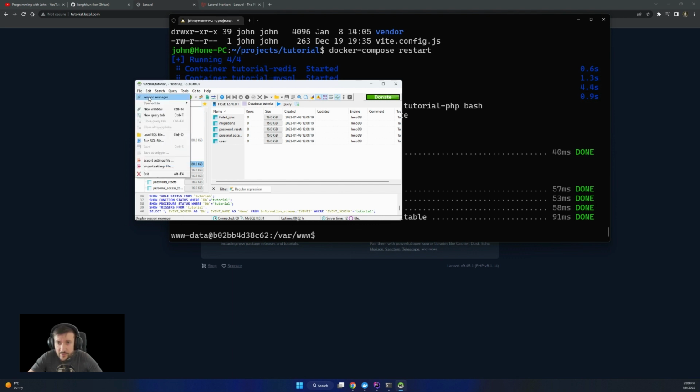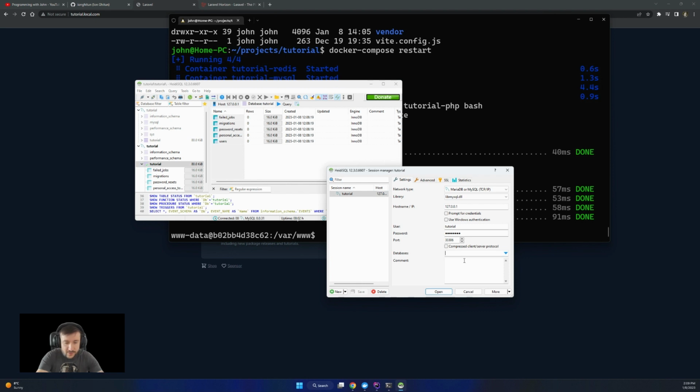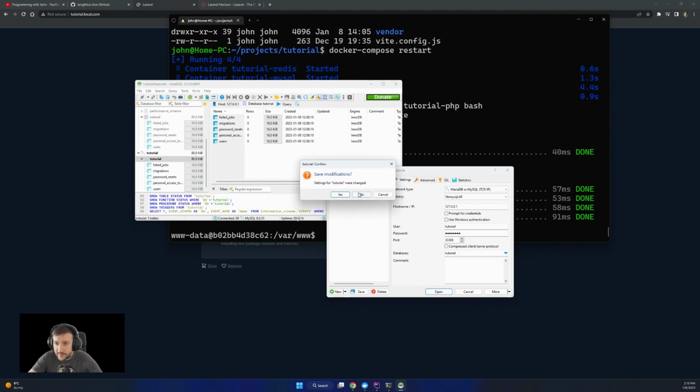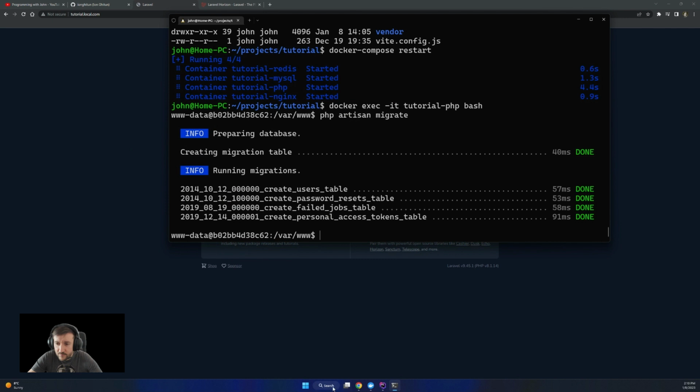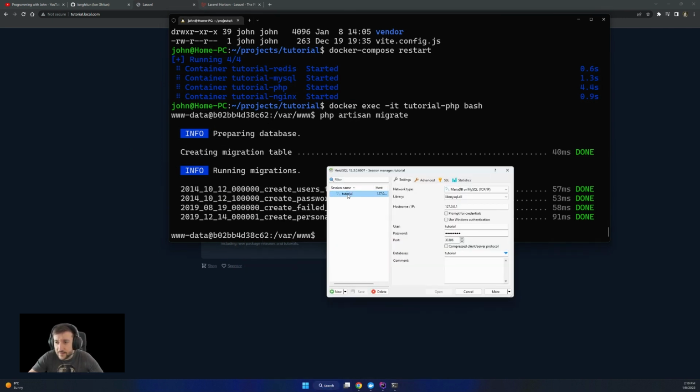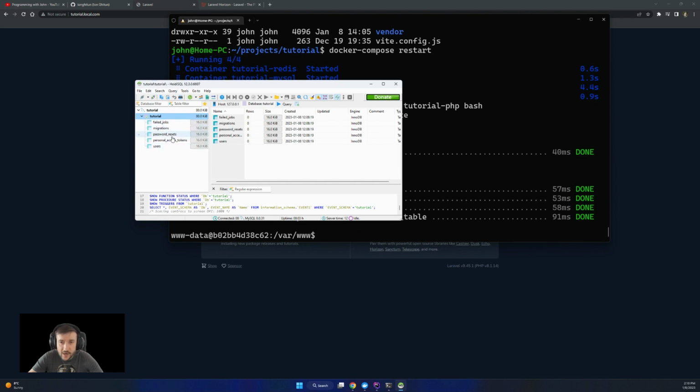If you don't want to see all these in here, we can mention the database we want to connect to, tutorial, and this will connect only to that one. So if I close this and reconnect, now it's only the tutorial database and I don't have extra noise in here.